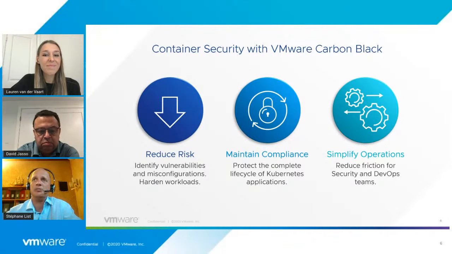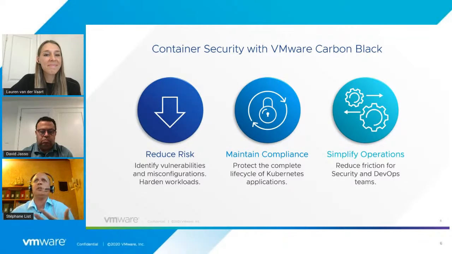Is there vulnerabilities in my container? Is there vulnerabilities in one workload? So I can identify vulnerabilities and misconfiguration. I can maintain compliance because I can be sure that all my containers and all my container deployments are compliant, and I can simplify operation. As you have seen, it's all in the same console. You have everything on the same Carbon Black Cloud console. If you are using Kubernetes with Tanzu, it's the same. You have only one team for infrastructure, one team for VMs, one team for Kubernetes. So it really simplifies the operation. It's really what we are looking for with Carbon Black at VMware.